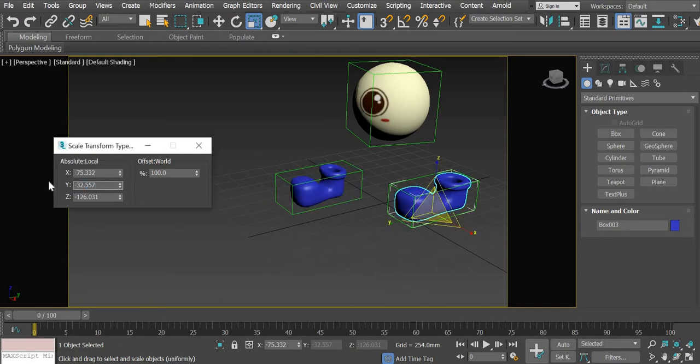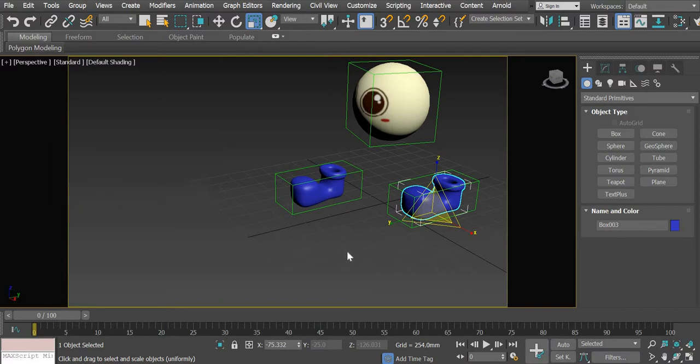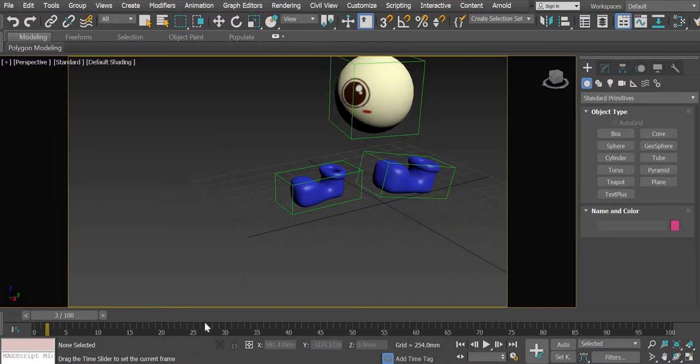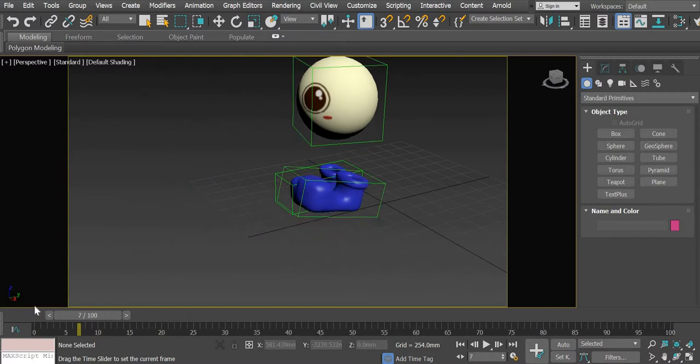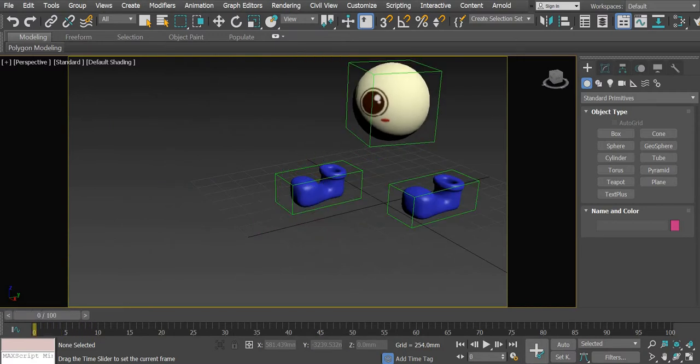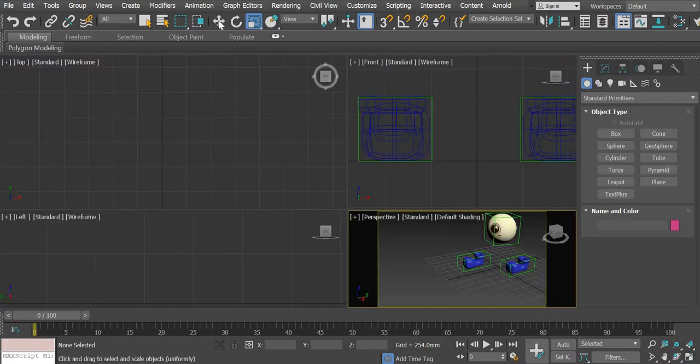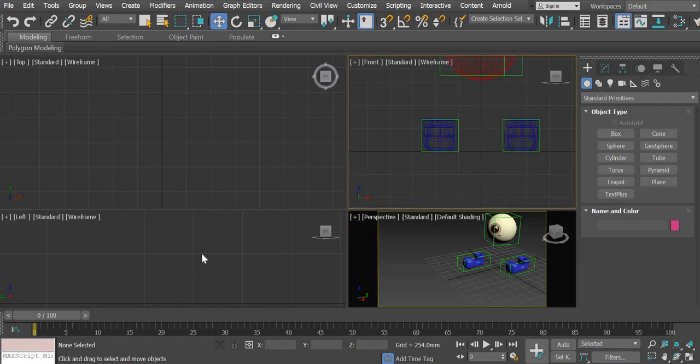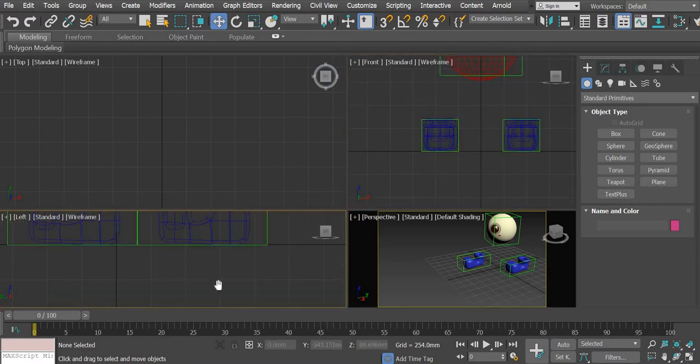We can do the same here, minus 25. Now they look cute. And then if you want to modify the animation, because now our shoes are smaller,